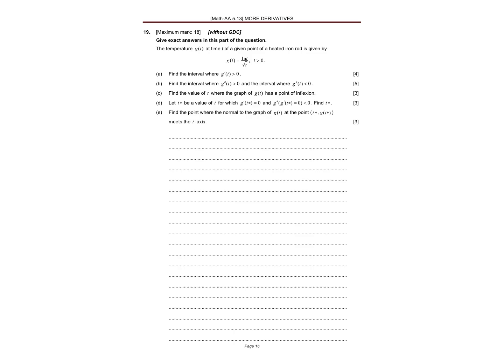Okay. The temperature g at time t of a given point of a heated iron rod is given by that. Find the interval when the derivative is greater than 0. So if we have the derivative, this is quotient rule. So we're going to have v squared, v times the derivative of u, minus u times the derivative